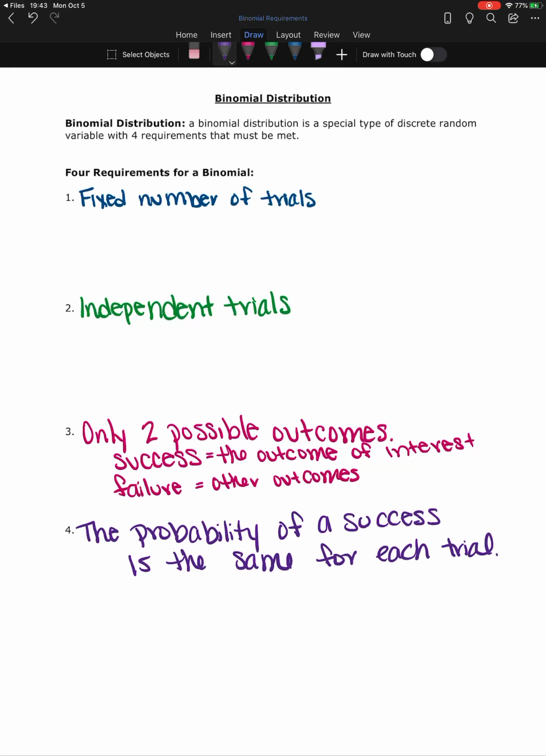So these are the 4 requirements that we must meet for a discrete probability distribution to be considered this special case